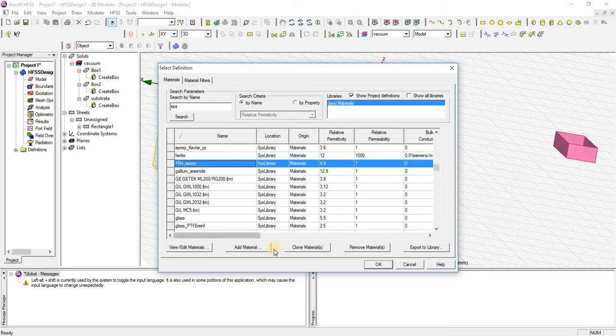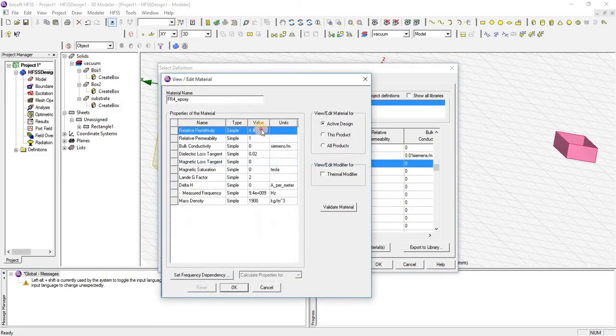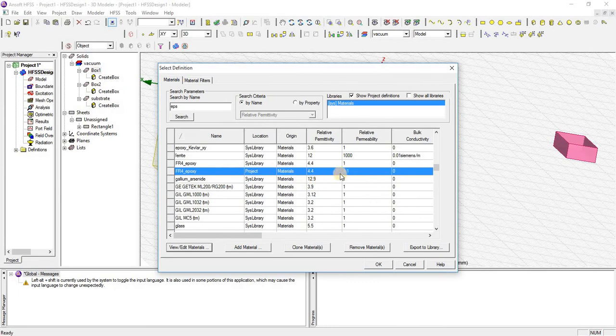Just click on that and press OK. If I want to change any property of this object, just click on that and edit it. For example, I am going to change the permeability to 1.1. Just press OK.